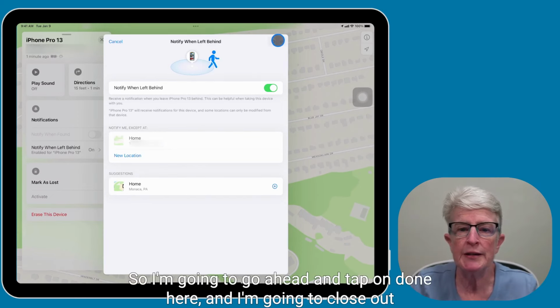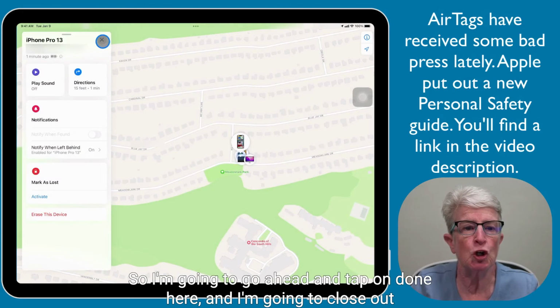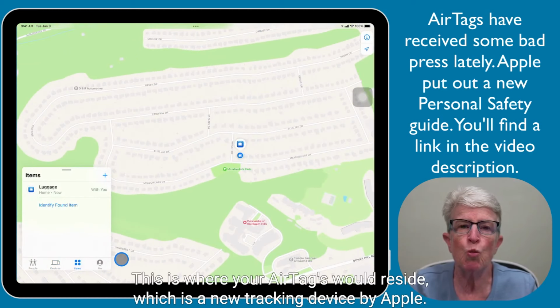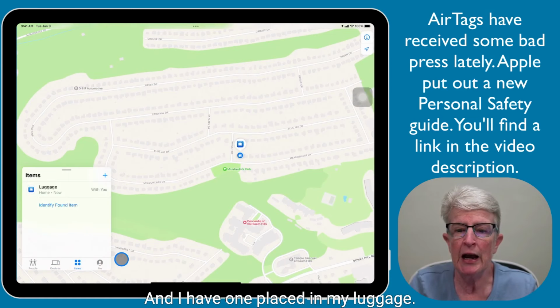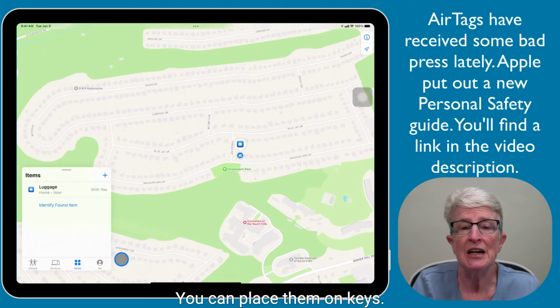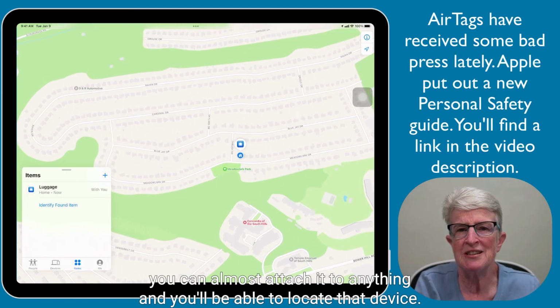So I'm going to go ahead and tap on Done here, and I'm going to close out my iPhone, and I'm going to come down to Items. This is where your AirTags would reside, which is a new tracking device by Apple. And I have one placed in my luggage. You can place them on keys. If you lose your keys often, you can almost attach it to anything